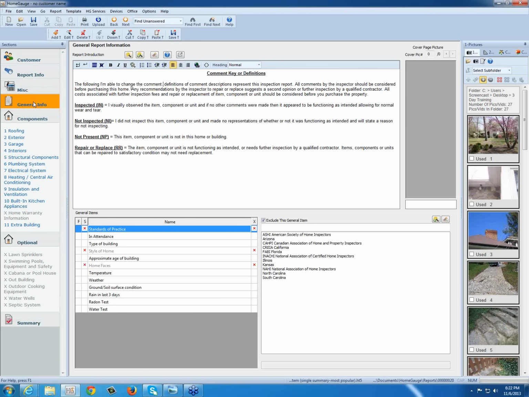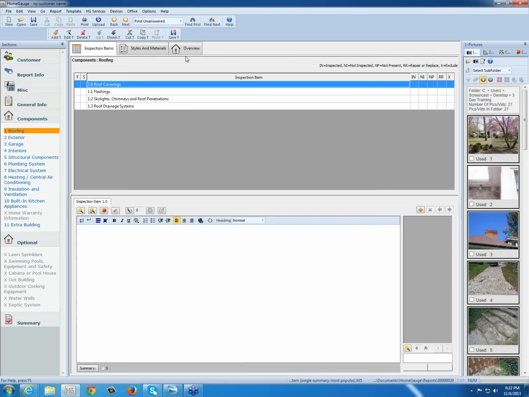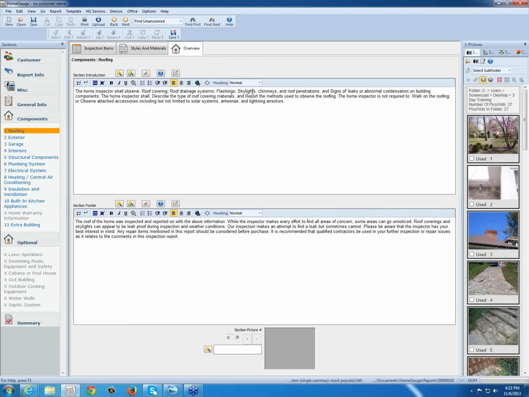And let's take that example over to our overviews. Same thing here. I can type in here and say, we also do not inspect, whatever, the red building on the property. And that would just be for this one report. If I want to change it for all reports, then I need to go to the actual auto comment that